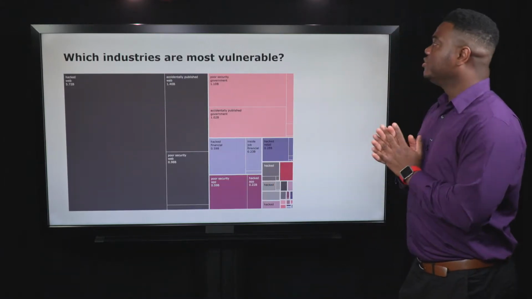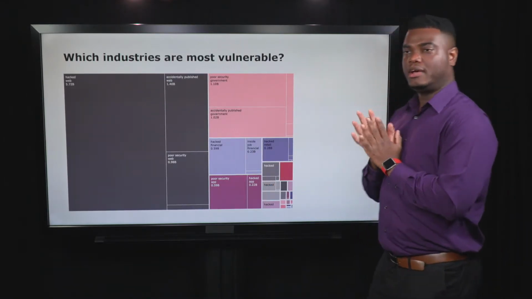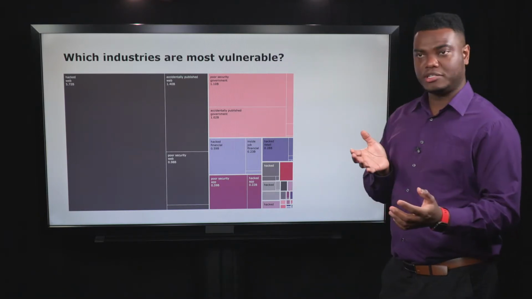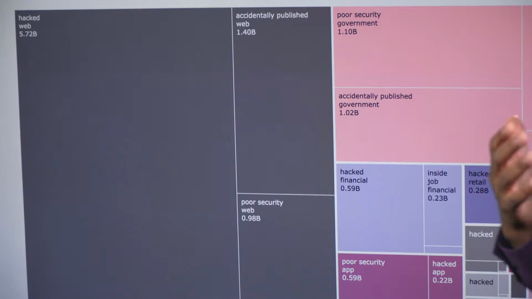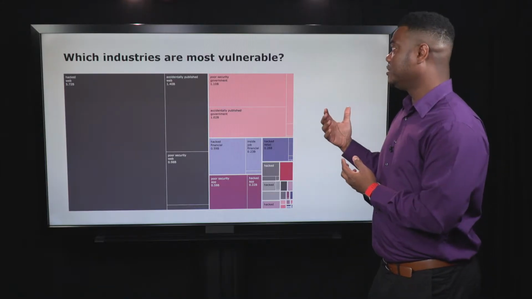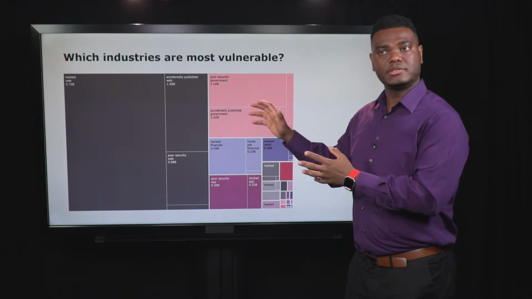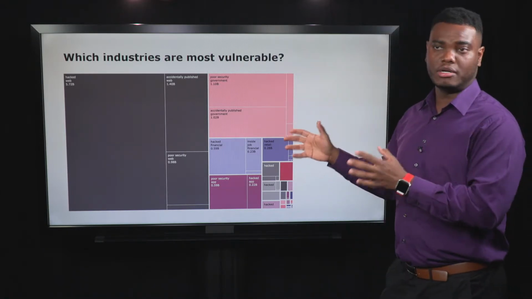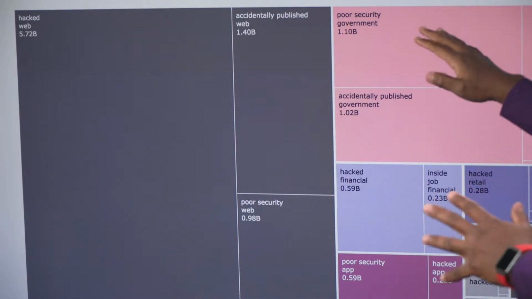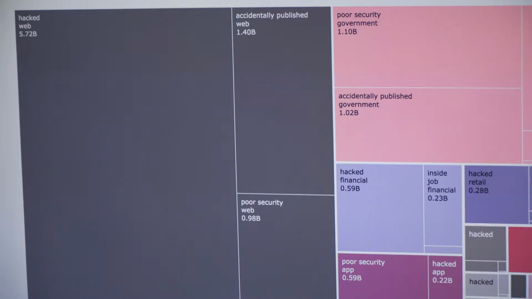I also wanted to know which industries were most vulnerable. If I'm going to represent proportions, I could have used a pie chart, but you will hear from people like Stephen Few that pie charts are off limits. So a tree map in this case I thought would be more effective because we have multiple groups of companies, but they all belong to a category. It allows you to present this hierarchy of categories without losing fidelity as to what the scale of